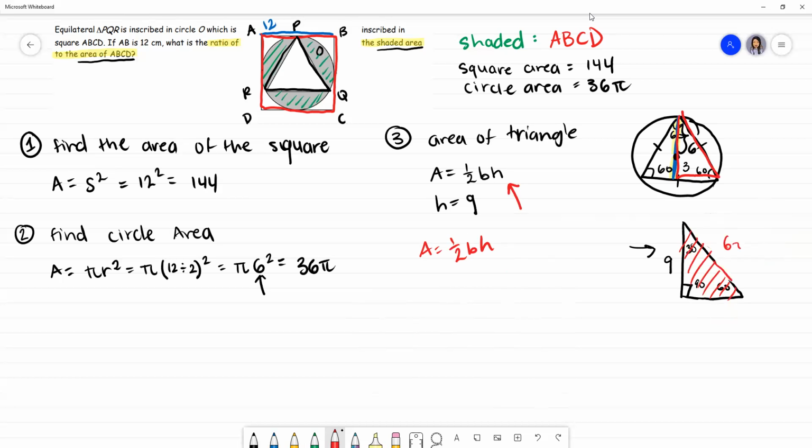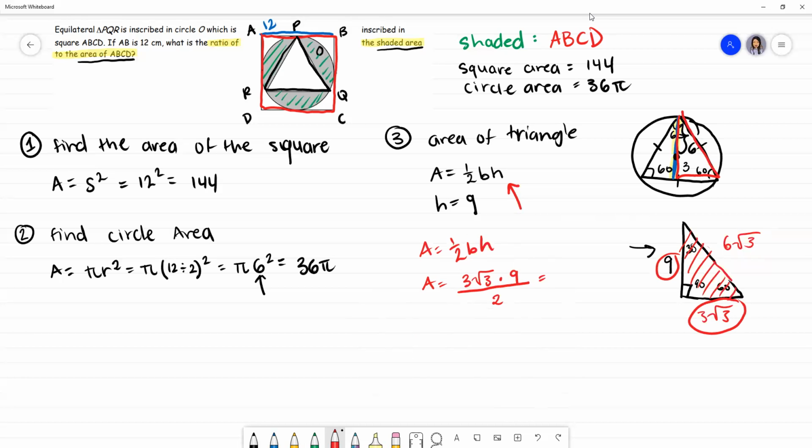This is 6 root 3. This is 3 root 3. We can plug in this value and this value because this is our base and that's our height. So area is equal to our base, which is 3 root 3 times 9 over 2,